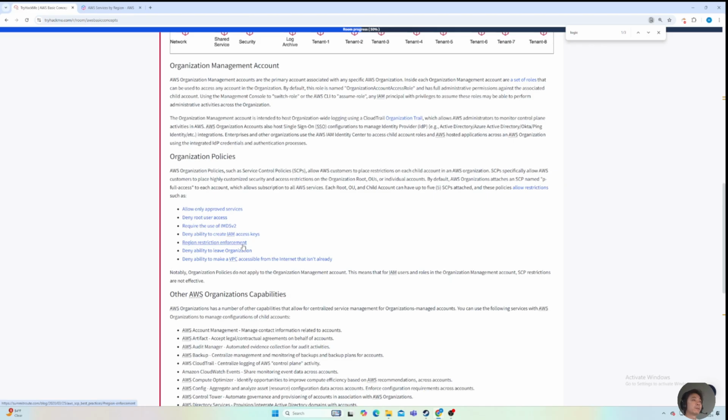By default, AWS organizations attach an SCP named FullAWSAccess to each account, which allows access to all AWS services. Each root, OU, and child account can have up to 5 SCPs attached, and these policies allow restrictions such as allow only approved services, deny root user access, require use of IMDS version 2,